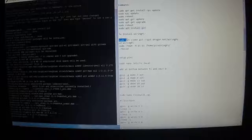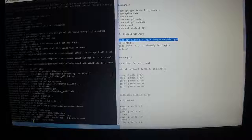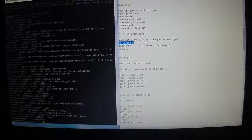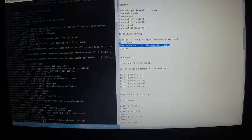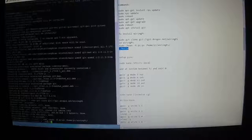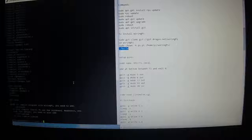Alright, that's done. Now this, sudo git clone git WiringPi. Control C, right click. Now it's going to download that. Then we've got to do change directory, WiringPi, Control C, right click, and this command, sudo chown, Control C, Control V, and then .build, Control C, right click. It's going to build the WiringPi library. Once that's done,